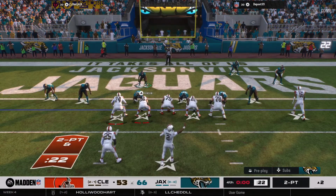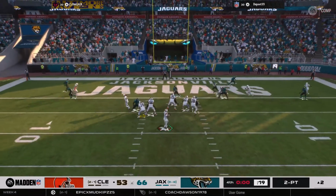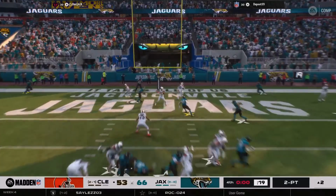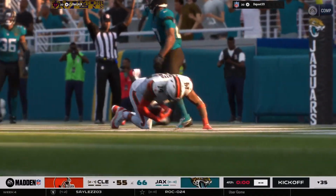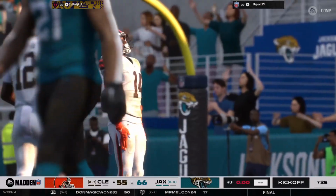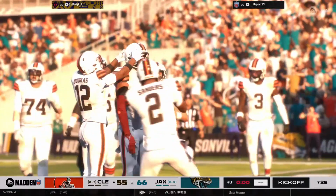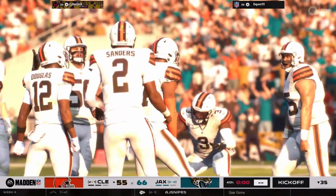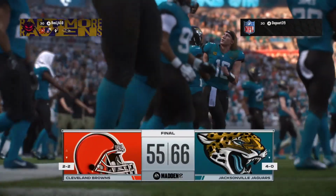One final shot here. And this is going to be Cook getting aggressive as they trail in this game, and that takes them 2 points closer. Browns 55. So the Jaguars come away with the win in this one. Well, what began as just